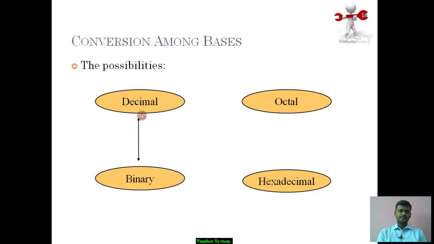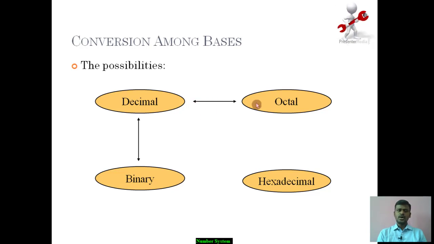Binary to decimal. You can see here I have written arrows on both sides, that signifies the conversion on both sides, that is from binary to decimal and from decimal to binary. I will be using this both side arrow mark for all the conversions to minimize the number of lines. Next conversion is